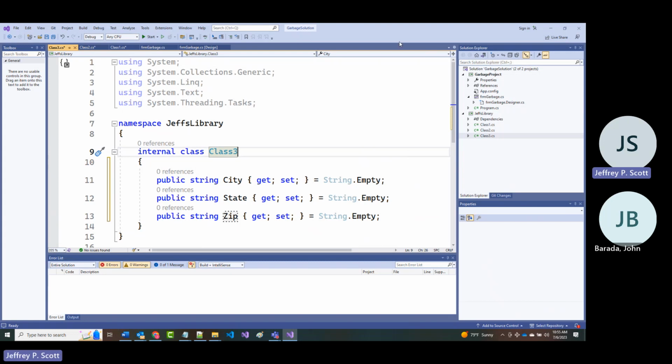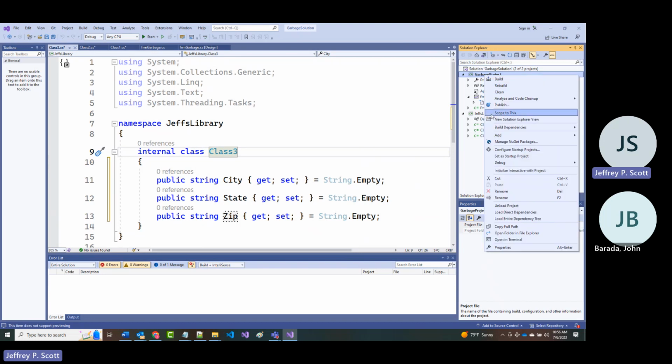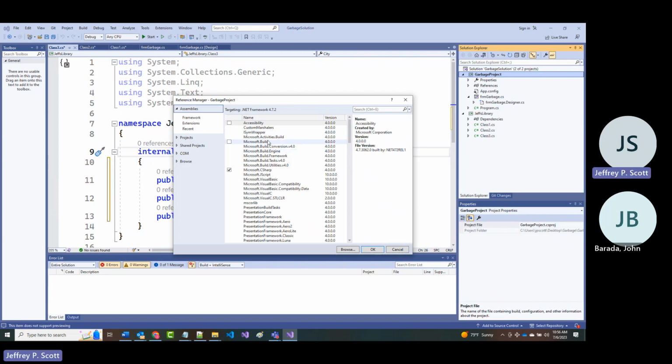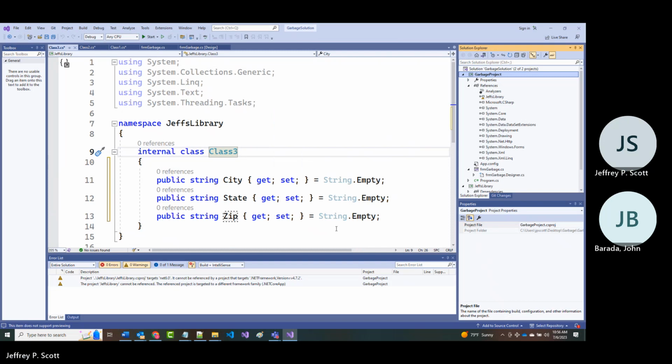Now what I want to do is come up to my project, that garbage project. I'm going to right mouse click and choose add, but I'm going to try to find reference. Okay. All right. Now I'm going to come in here and look under projects, and notice there's Jeff's library. So if I click on that and I click OK,